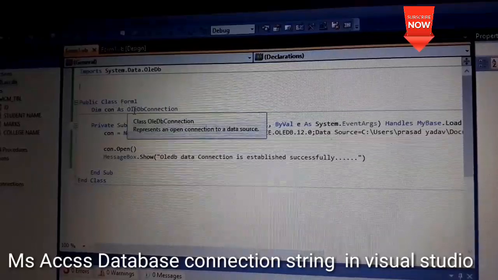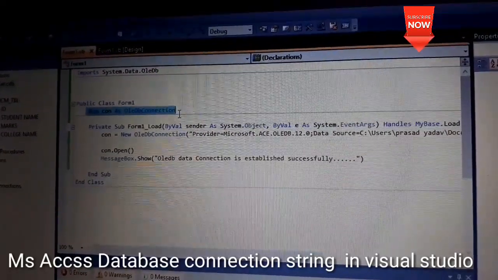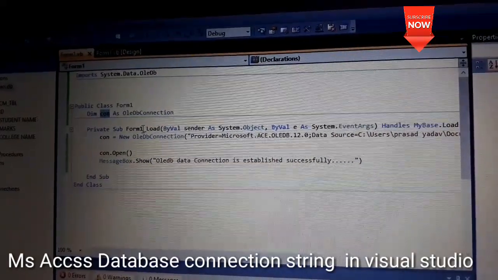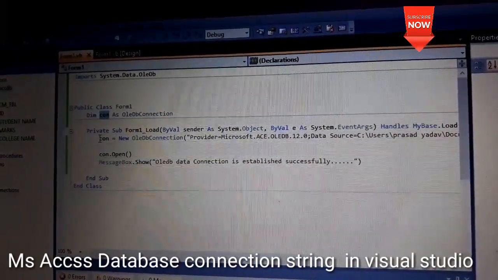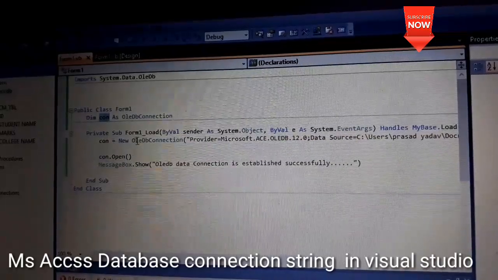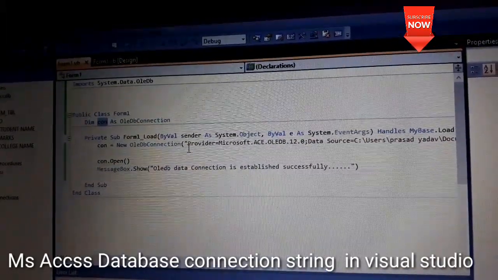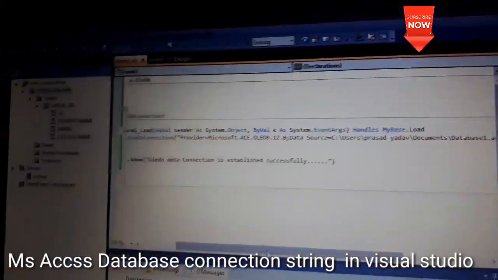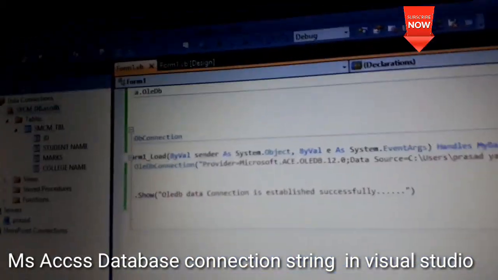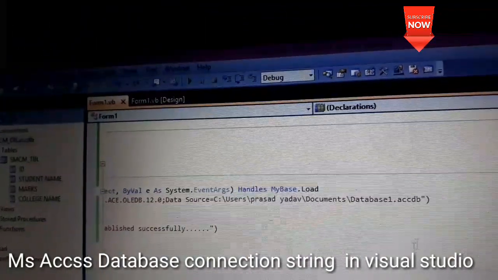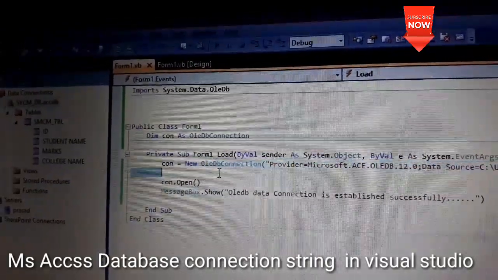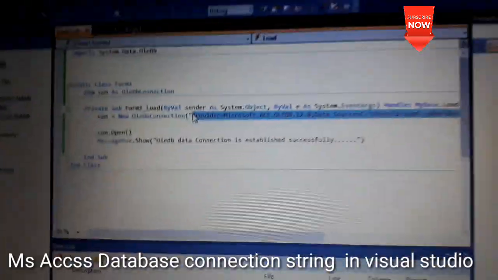In the class, I have created a connection object with the name con. In the Form Load method, I have set this object equal to New OleDbConnection, and in the rounded brackets use double quotes and paste your copied database string. This is my copied database string.